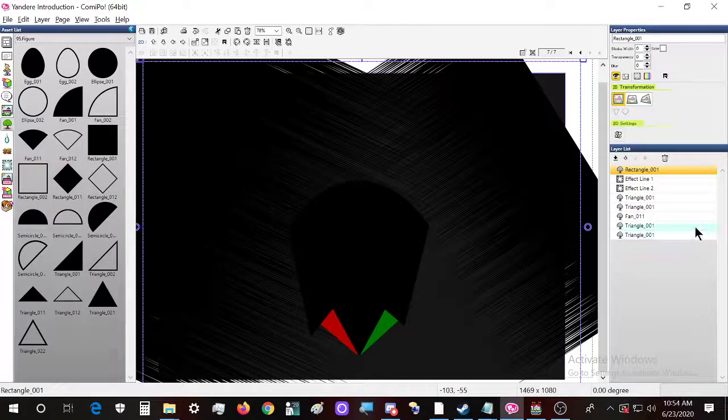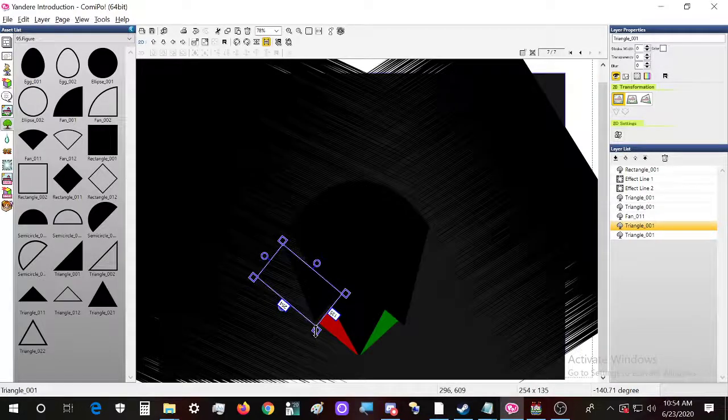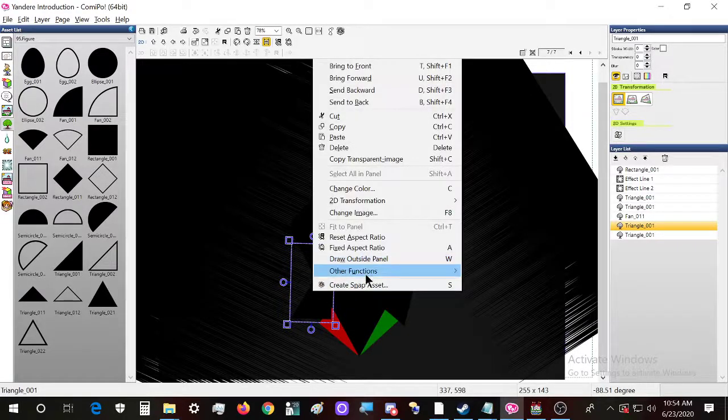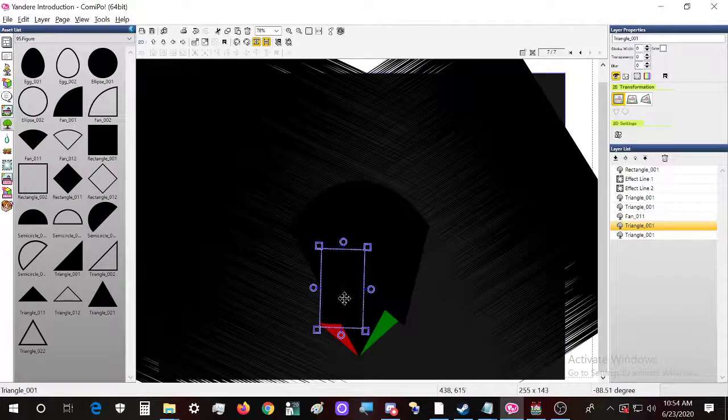Okay, now this triangle needs to be readjusted and put in such a way that it comes more like this, because triangular face. Okay,